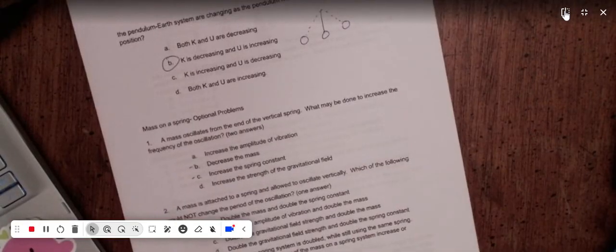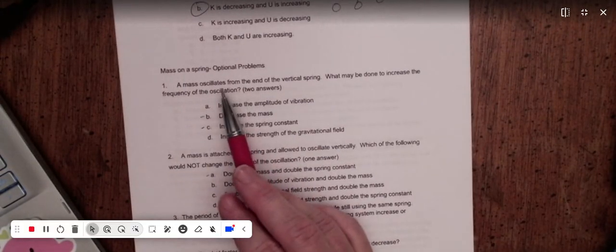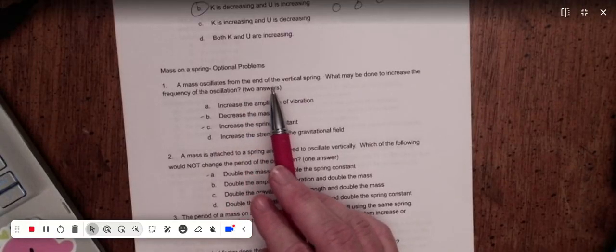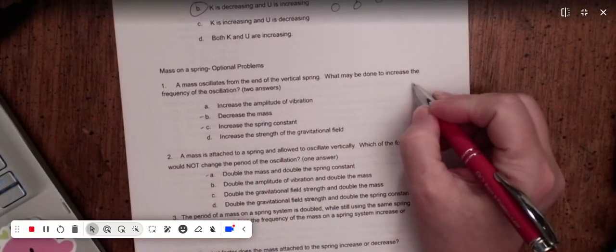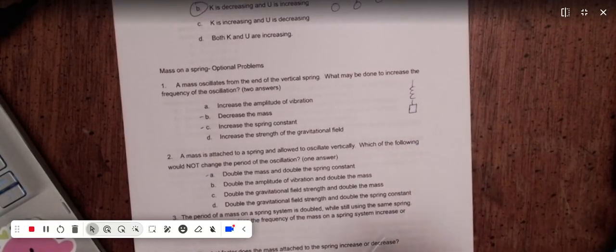Okay, these are some mass on a spring optional problems. Alright, a mass oscillates from the end of a vertical spring. So it's hanging like this. And what may be done to increase the frequency of the oscillation? Okay, so